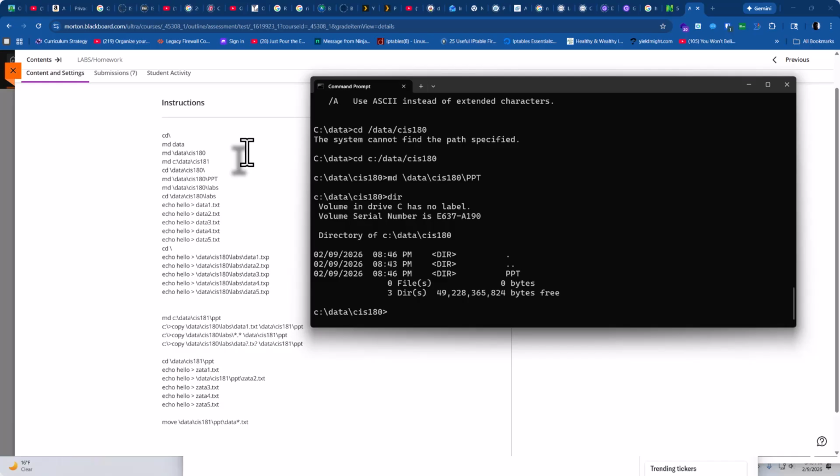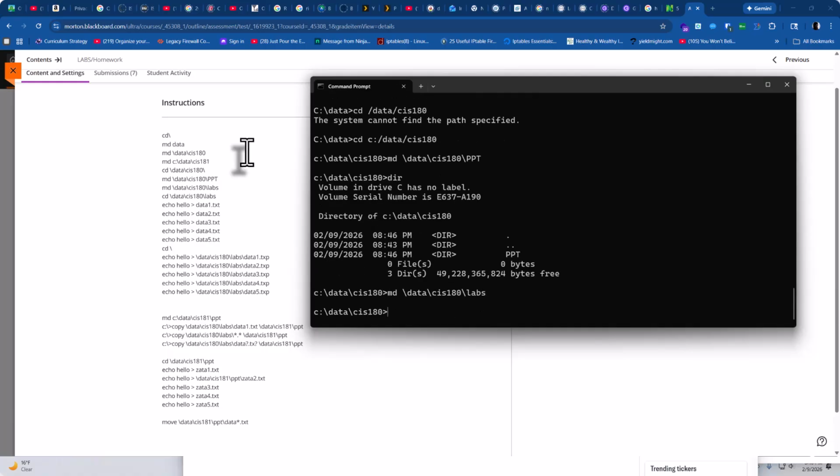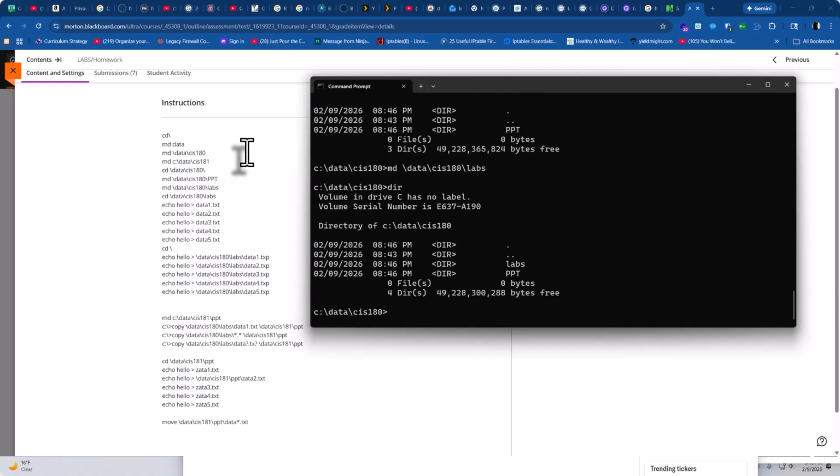Cool. All right. So now we're going to do the same thing. We're going to make one for lab. So I'm just going to go in here and type in labs. Again, if I do a directory, you can see we've got both of those in there. All right. So now we're going to do a CD /data/CIS 180